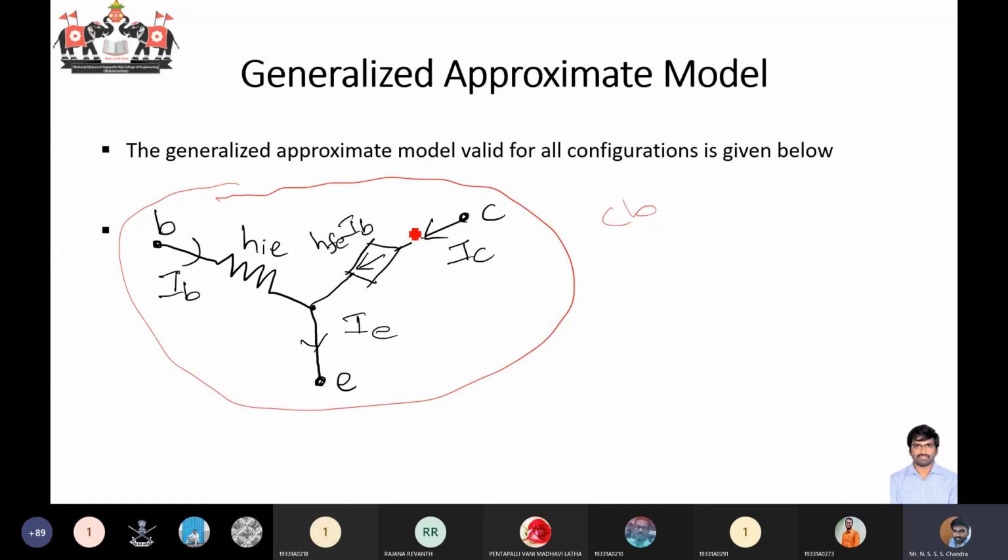Okay. So what I have done is I first took the exact model and then simplified it by removing the dependent voltage source and output conductance value. And then I'm approximating by taking away the input voltage source and the load resistor. I'm only taking the three nodes. What are the three nodes of the transistor? I have an emitter, a base, and a collector. I am representing the three currents of the transistor and also the components like hie and hfe into IB. Okay, with this I will end the class now.